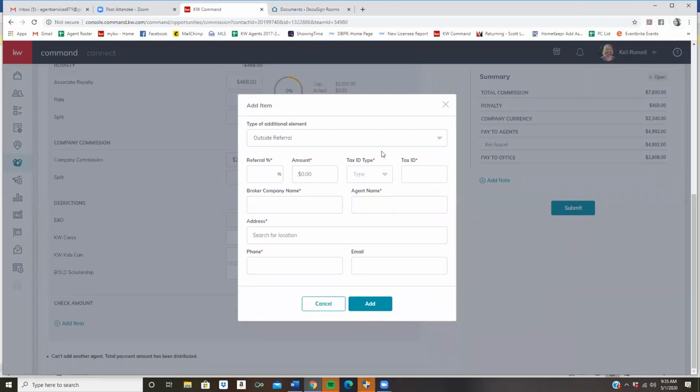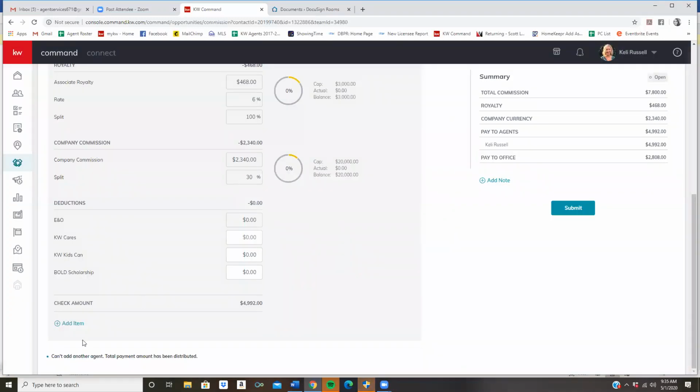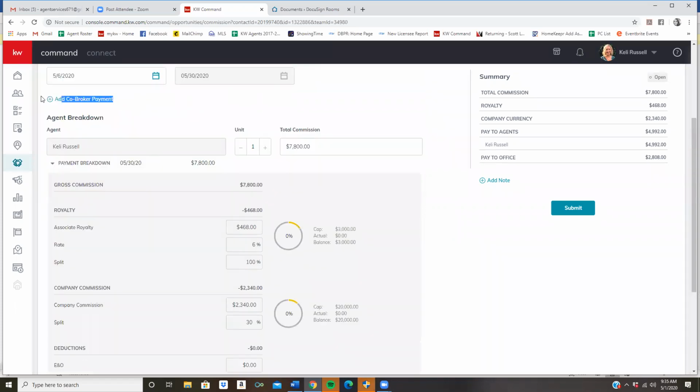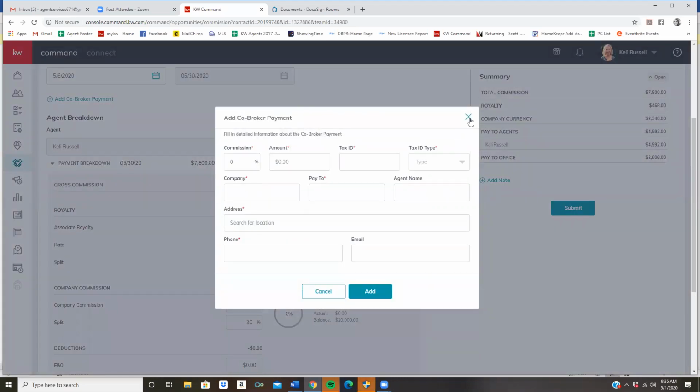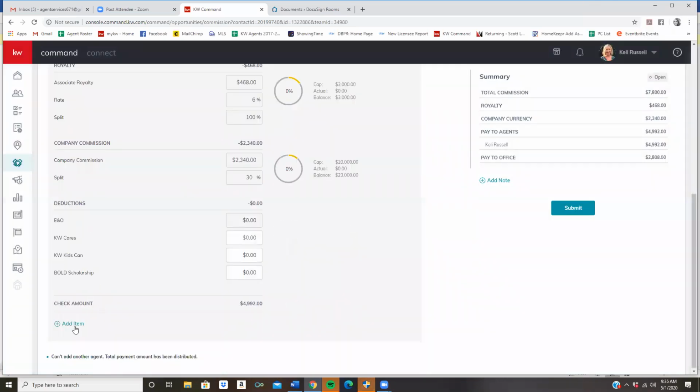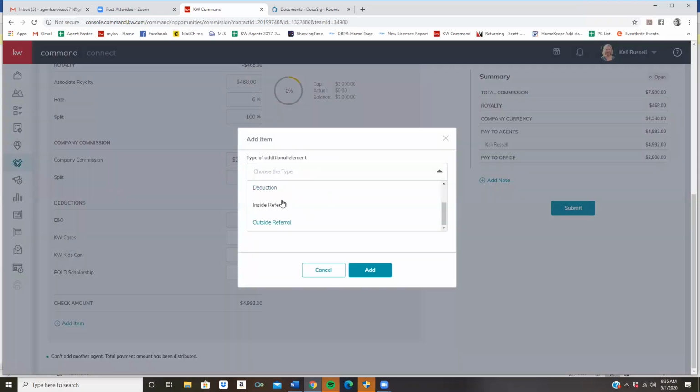I will say as well, if you're going to add referrals or anything, use the add item. Do not use the co-broker. That is not for Florida, basically. That's for other market centers throughout the country who do co-broker payments. So don't worry about that button. We have Donnie looking into making sure that it either gets deleted or is removed from the very top so people don't get confused, but that has nothing to do with any of our transactions. So just click the add item button for any referrals or deductions or anything else like that you're paying out. Okay. Thank you. Thanks, Jana.